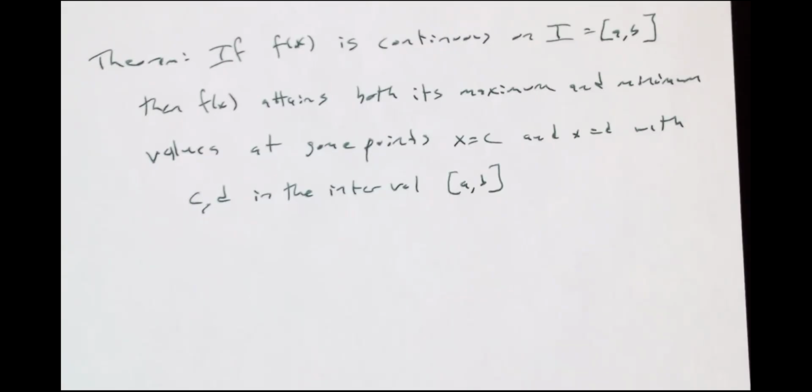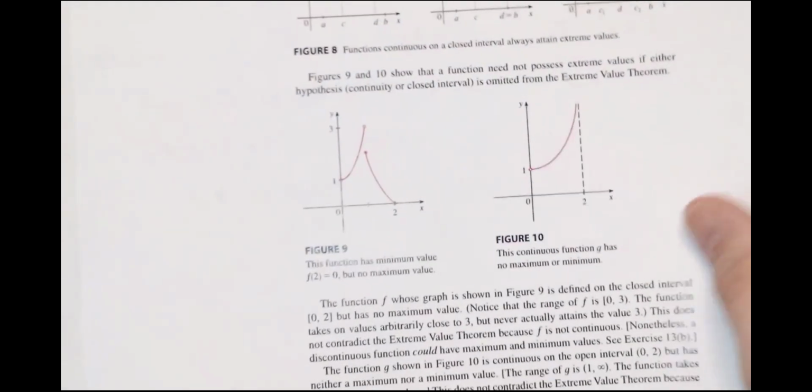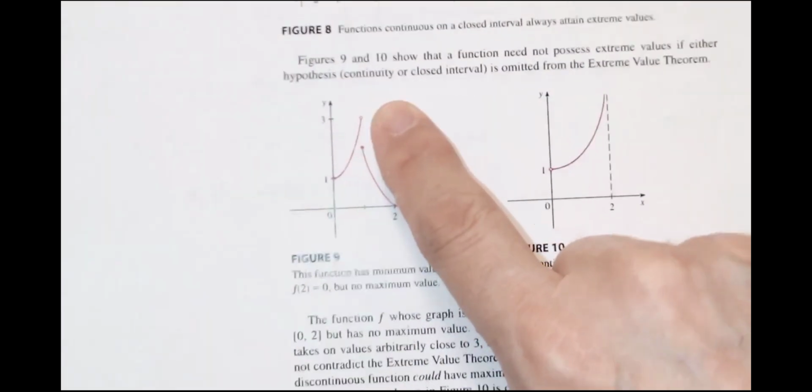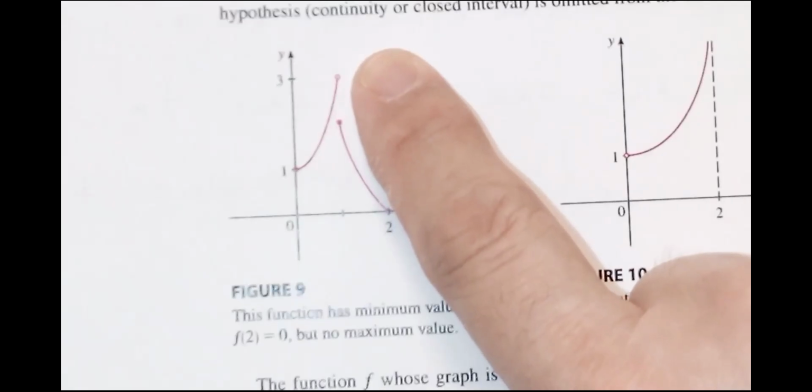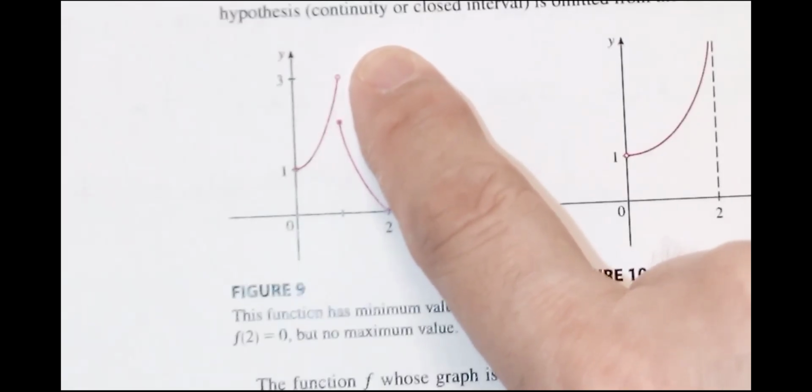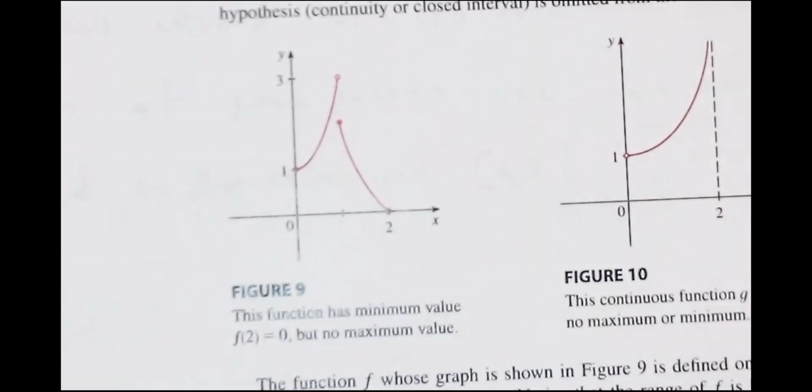Say again? Okay, but what kind of stop do I see in the pictures? Crystal. There's a jump, or there's a hole, or there's an asymptote somewhere, right? I got all sorts of screwy things that happen when I fail to be continuous. And if that happens, then it's possible for me to have a graph. It's kind of hard to see here. There's an open circle there. That means I can get as close and close as I want to, but I'm never going to hit that